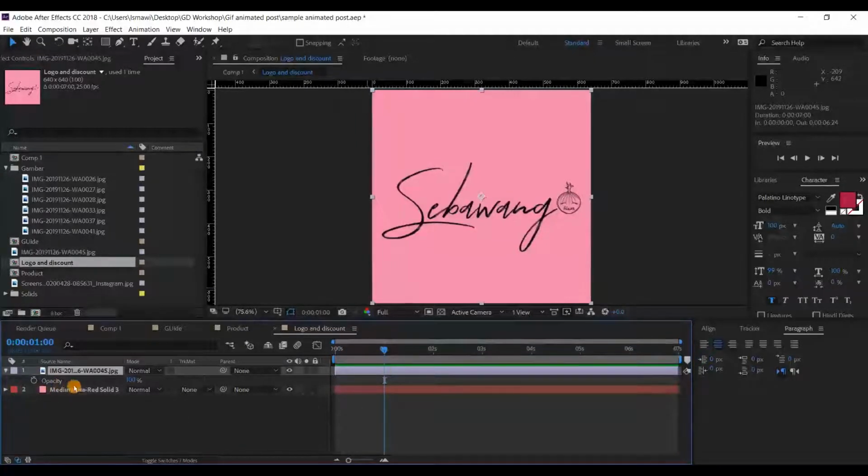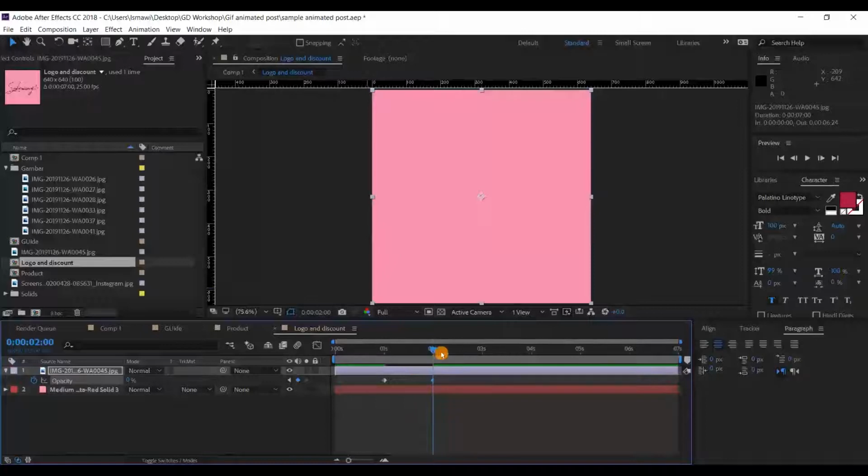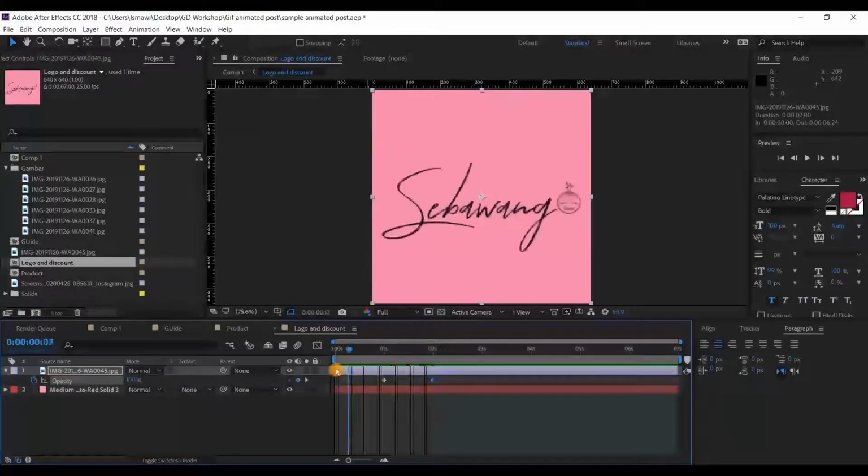So we create a keyframe, and another keyframe at 2 seconds. By this time, we change the opacity to 0. So it appears and it's gone. But we don't want a smooth transition. We're going to make it jumping, like blinking.